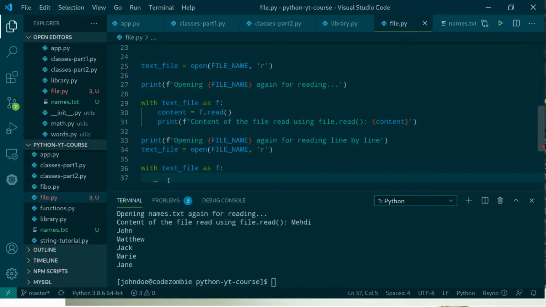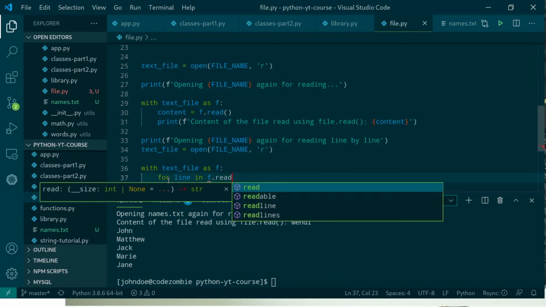Because we know that our file contains several lines, and it will give us an iteration, something like a list that we can iterate over, because each time it reads the file, it gives us a new line of the file. So for line in f.readline,